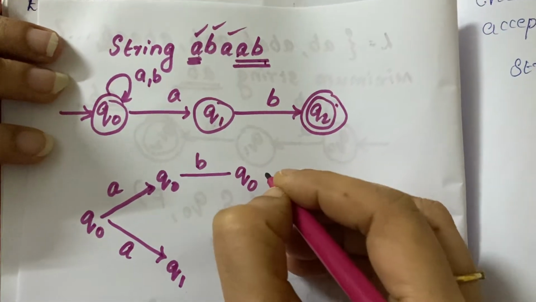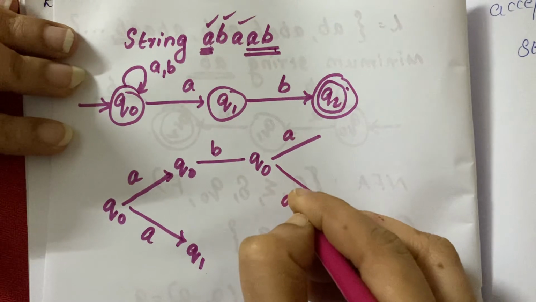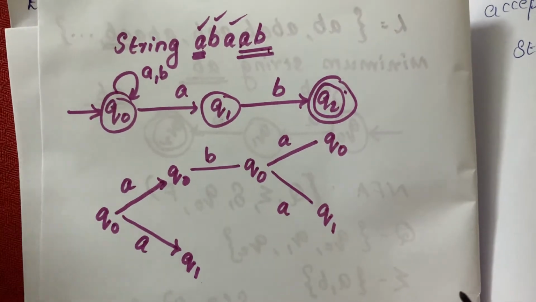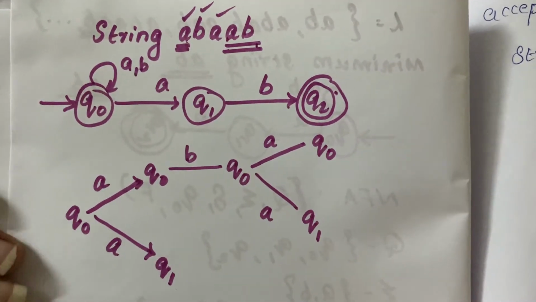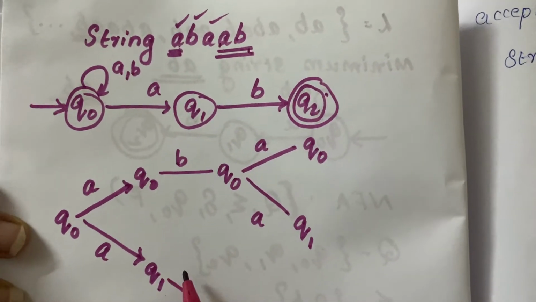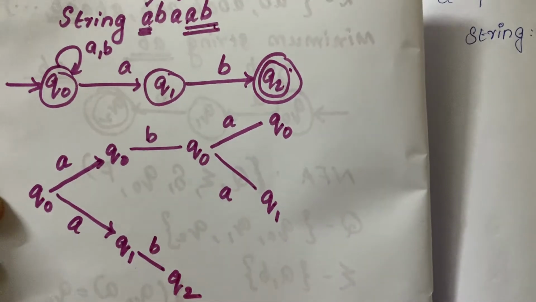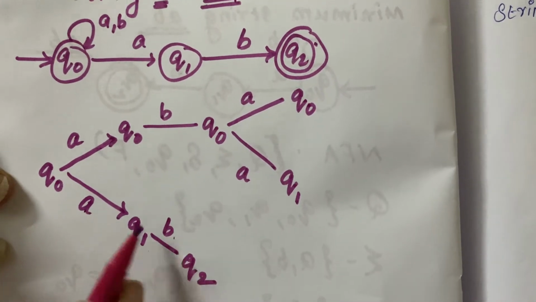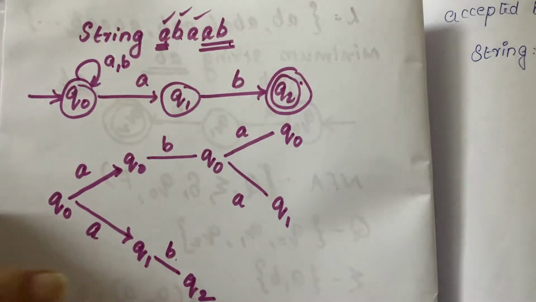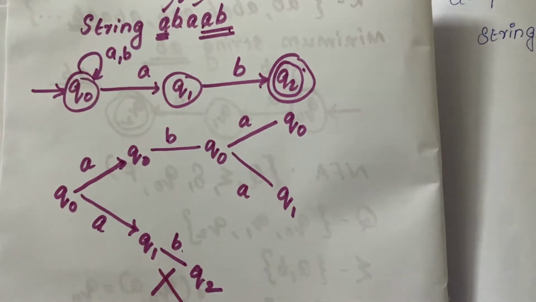Next is A. Q0 on accepting A again splits into two parts: it goes to Q0 and it can go to Q1. Now, one more transition I didn't tell you. Here, after accepting A, B also we need to treat, because this is one more transition. If B comes, it goes to the final state. But check that we have taken only two symbols, A, B. By checking A and B it got completed, but we have to check the entire string. Before that, it reached the final state, so we will not take this. This will not be an acceptable state.